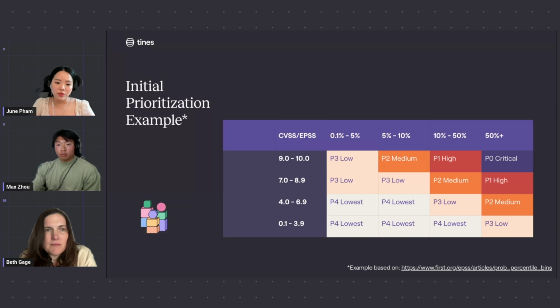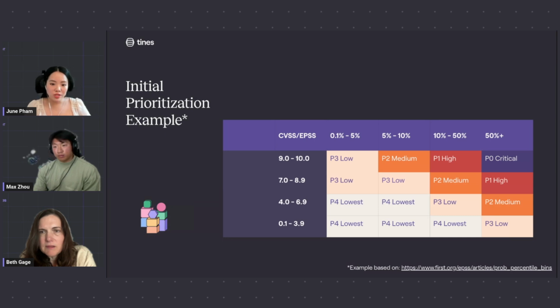Or, if you have something that is a CVSS score between 4 and 6.9, which is medium, with an EPSS score between 10 and 50%, you might think that, okay, combining the two, medium and the upper one, it might be a low. So depending on your company's risk tolerance, you might want to section the EPSS score